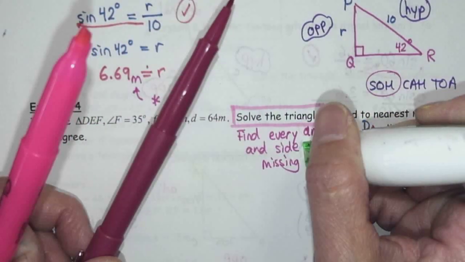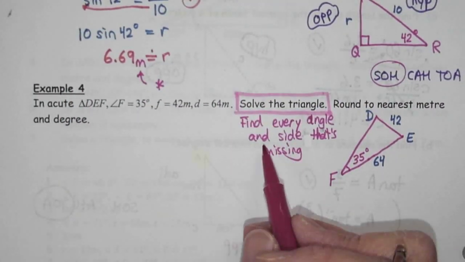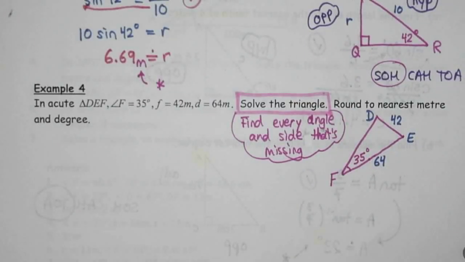Right? Because we already have some. So if it's missing, we want to find it. Okay? So this means find every angle and side that's missing. So that's what I'm thinking in my head. Oh, you want me to find everything that's missing? Yes, I do. So we're going to find everything that's missing